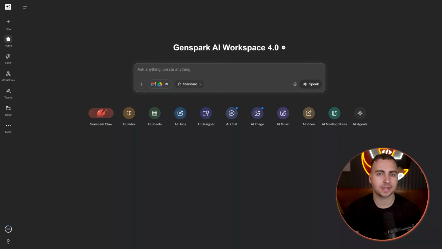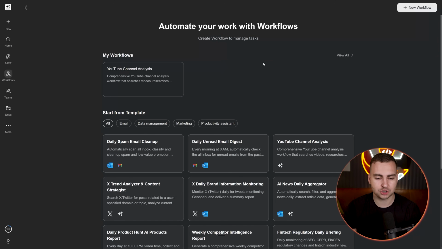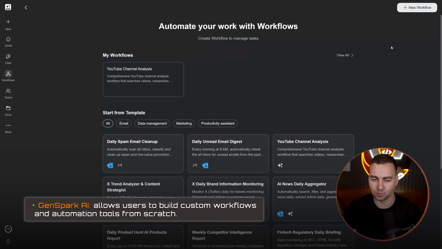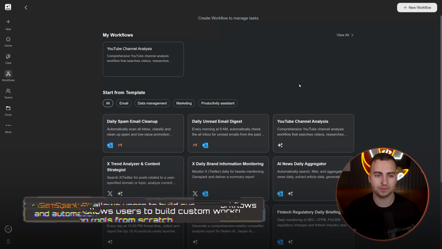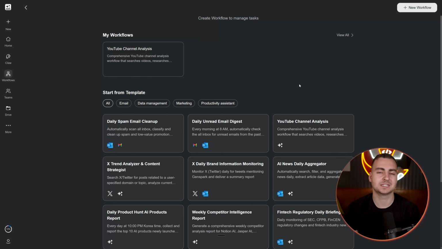Now, Genspark actually just launched their own workflow tool here. So if you press into the workflows button, I'm going to show you how to do this. And we're actually going to create our own workflow from scratch. Again, you can build workflows in all kinds of other tools, but I just want to show you an example of what I mean so you can see why this is incredibly useful and start thinking about your work and your company or whatever you're building in terms of workflows, in terms of SOPs. And then you can build those into various AI platforms like Genspark and have it automate for you, which I have a ton of for all of my businesses right now. So anyways, from workflows here, I'm going to go to new workflow.